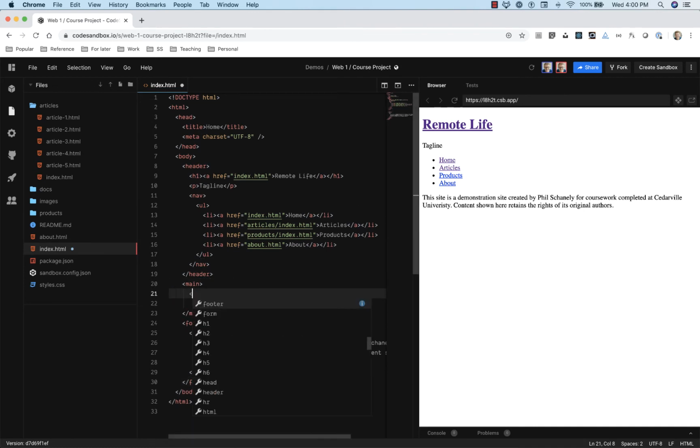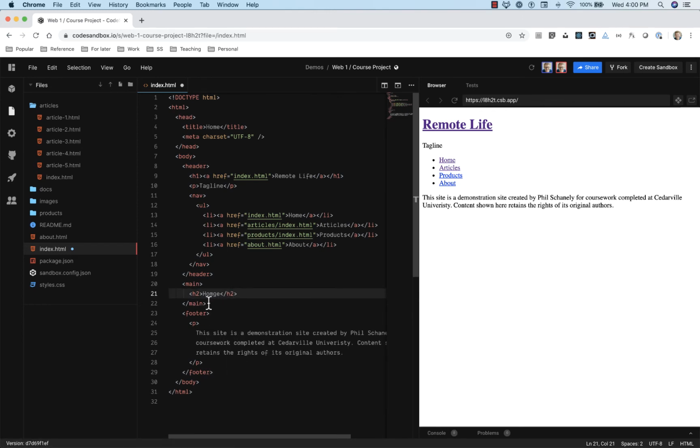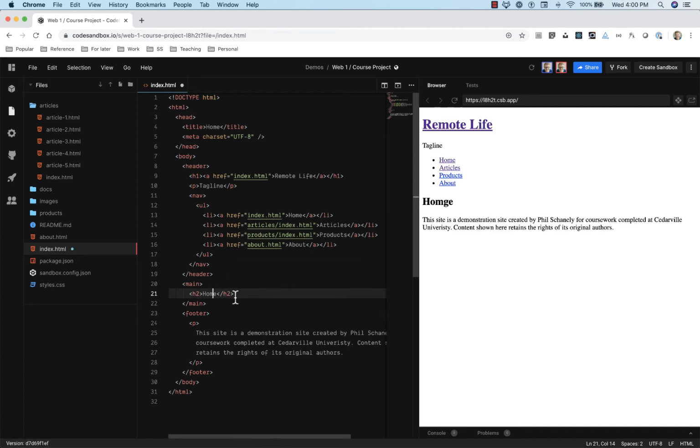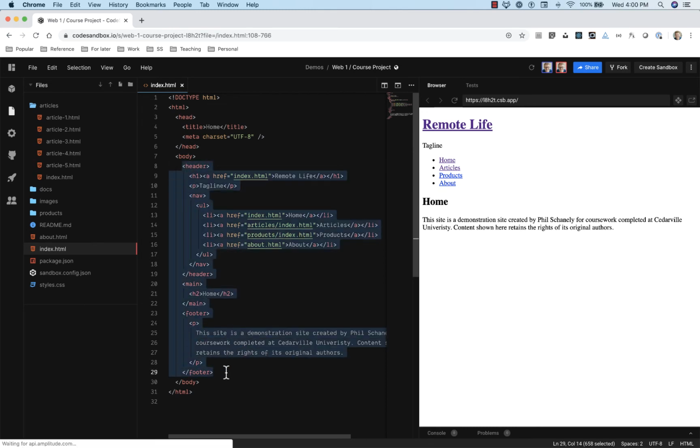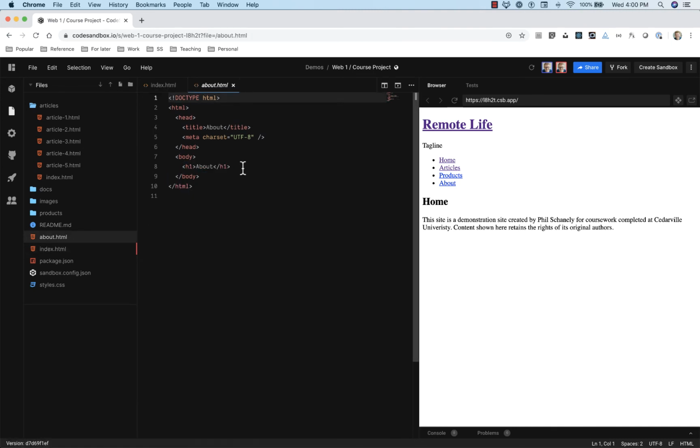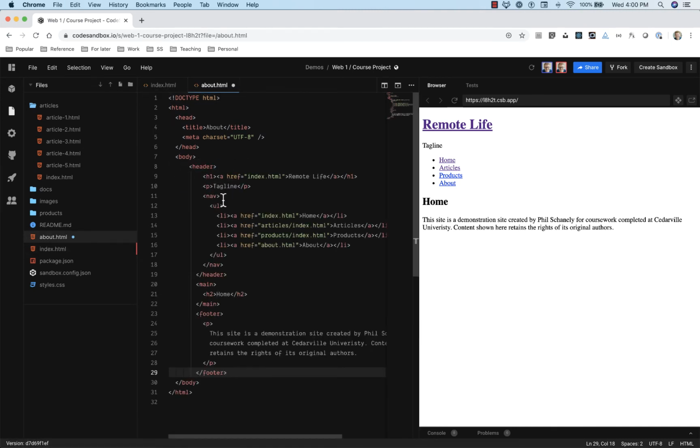now let's just put an H2 in here with the actual page name. And again, in later deliverables, we'll come and update that. Spelling it right is always nice. Okay, so once again, we can duplicate this into all of our other pages. So let's do that carefully though, because it's not just complete duplication everywhere we go. So first we'll drop this in here